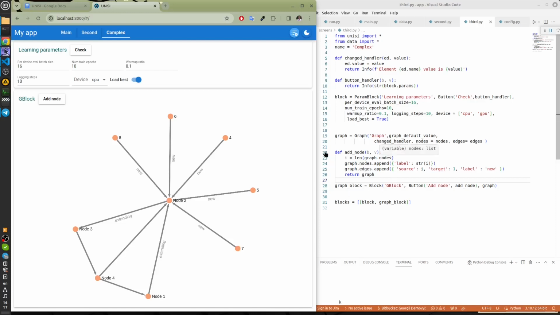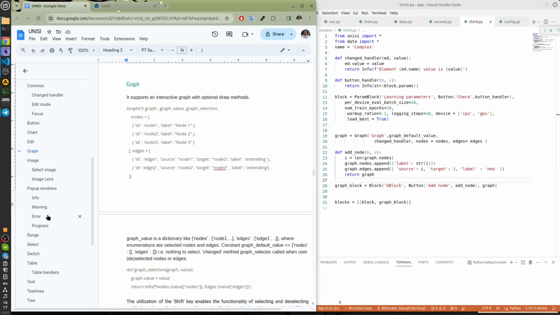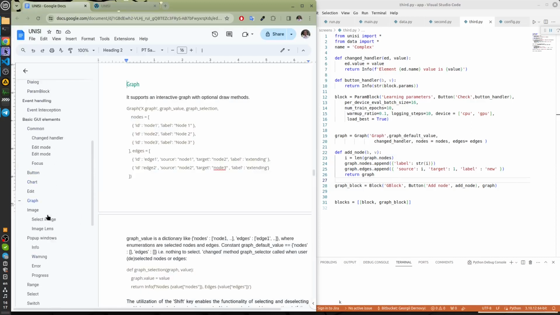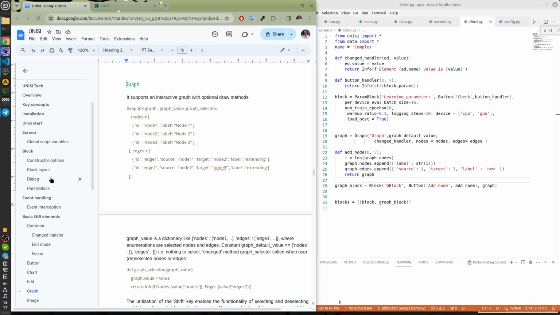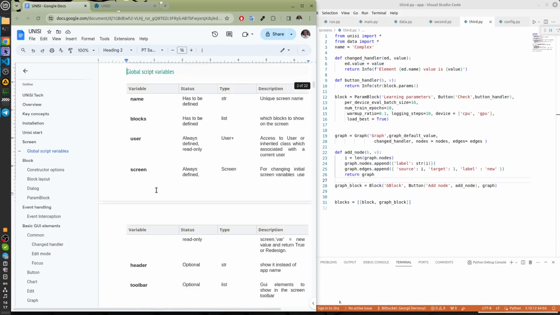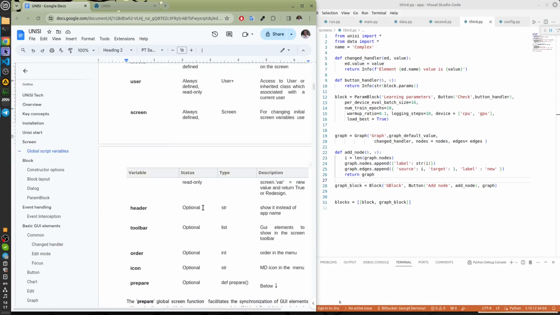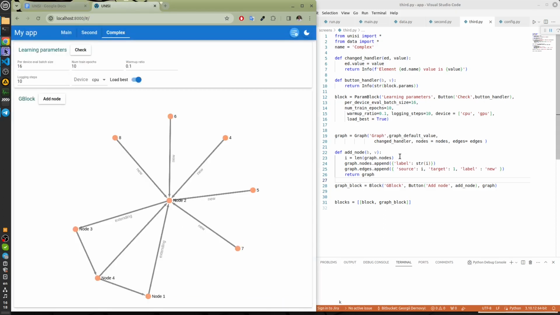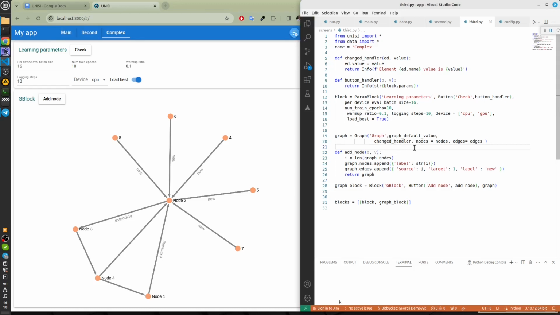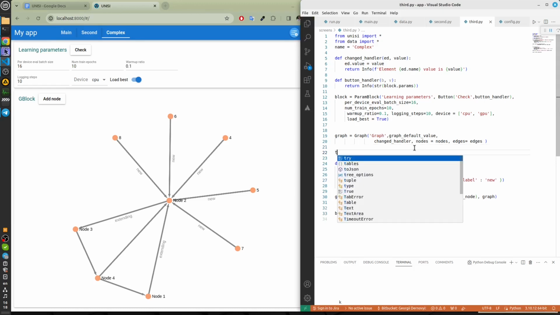Let's now consider a new important block. Toolbar. It is a screen variable for putting elements in the toolbar. Let's test it. Just write toolbar equals an array of elements.